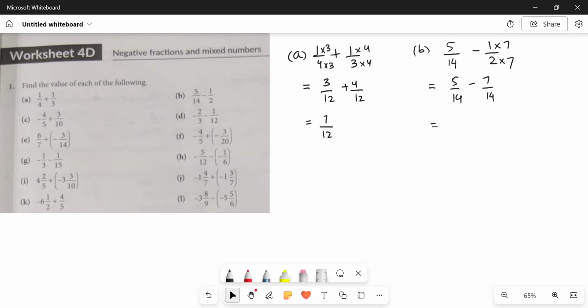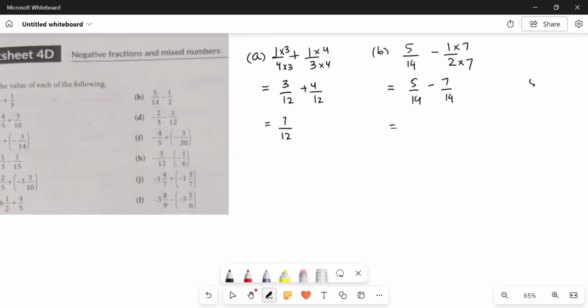But this time the problem is we have to subtract a greater number from a smaller number. Never mind, it's a question of integers. 5 minus 7, in the case of 5 minus 7, we know one of the integers is negative, the other one is positive. It means we have to subtract the two. Let's simply subtract 5 by 7 and we will get 2, and we'll put the sign of the greater number, that is minus 2. So instead of positive 2, in this case, we are going to get minus 2 upon 14.